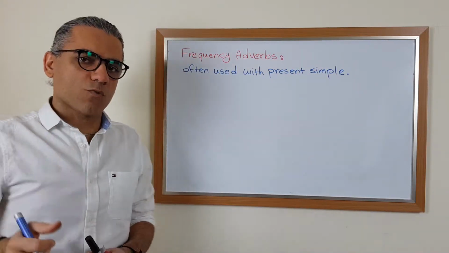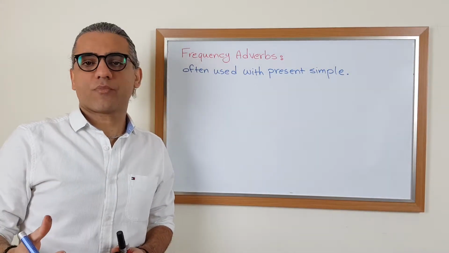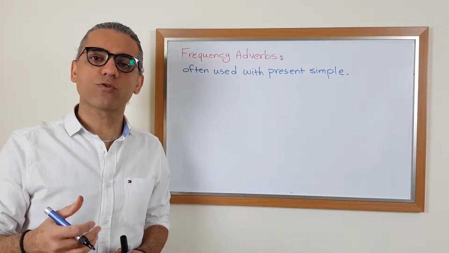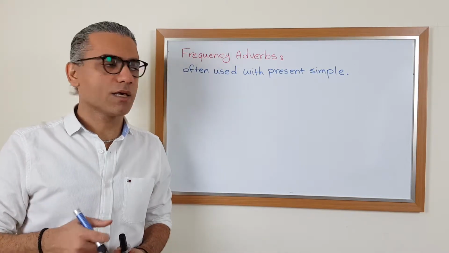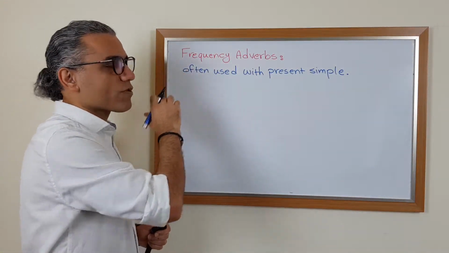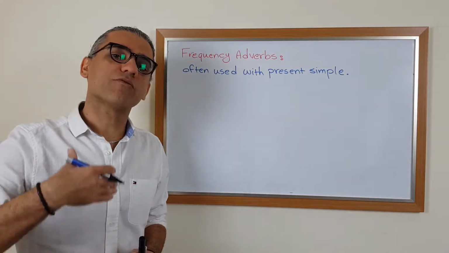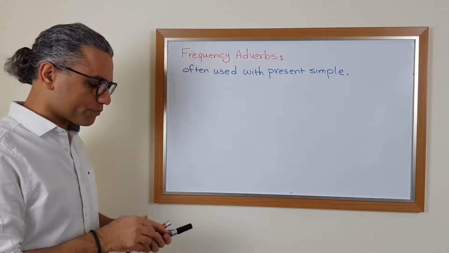Because, as we talked about before, we use present simple to talk about something which happens on a regular basis. For example, I go to school every day. I exercise every week. So, we use frequency adverbs with present simple because frequency adverbs show the frequency of an action. Example: